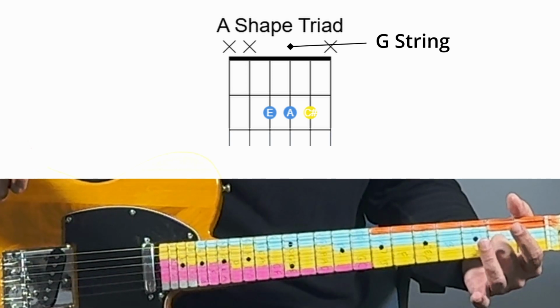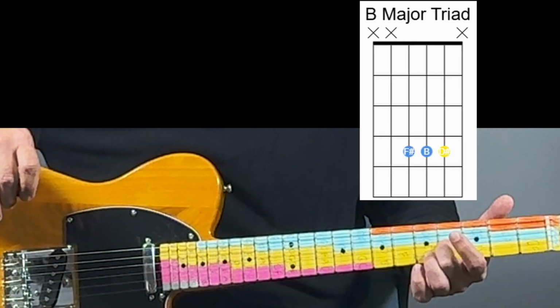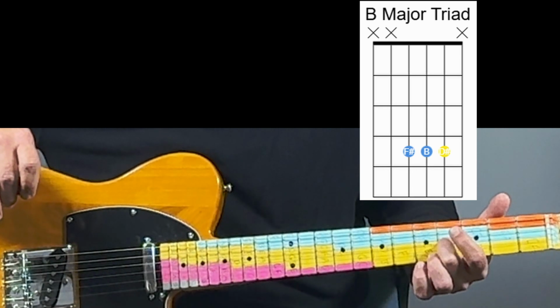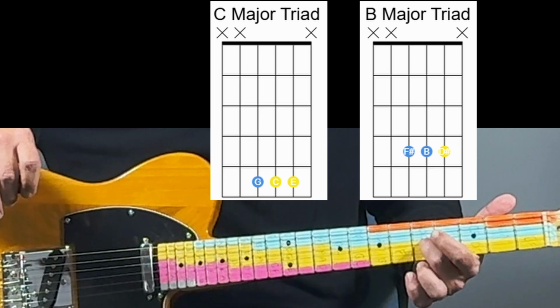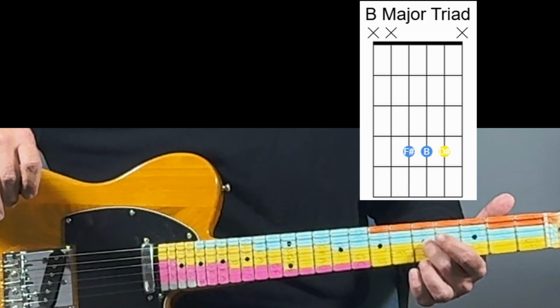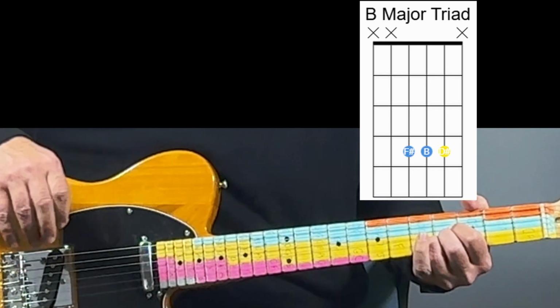Now it's resting on the A note. If you take your finger and move it down 2 frets, you're now resting on the B note. And as you can see, you're 1 fret away from the middle C note at the 5th fret on the G string. So if we move back to the 4th fret and we apply our A shape,